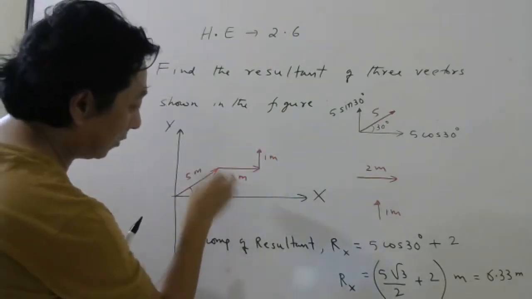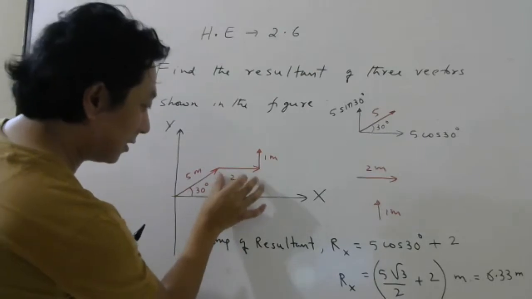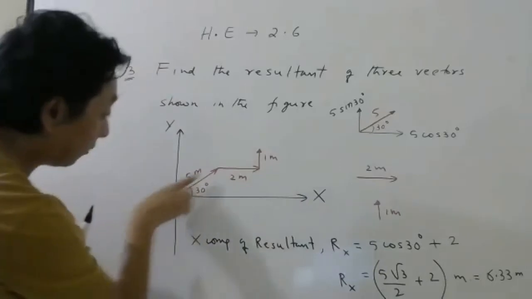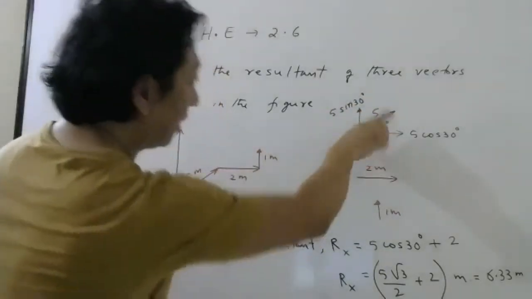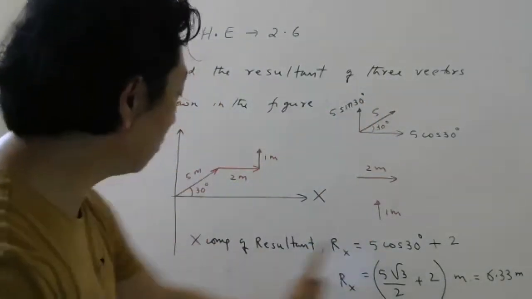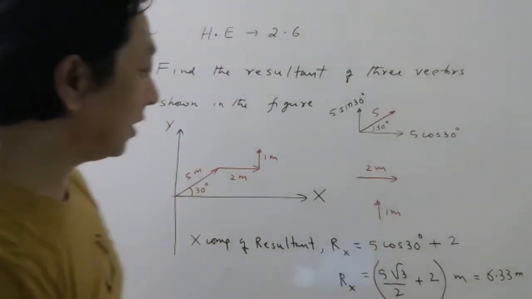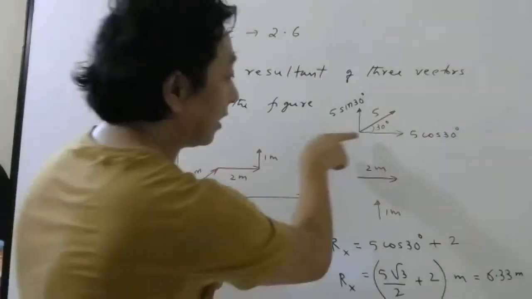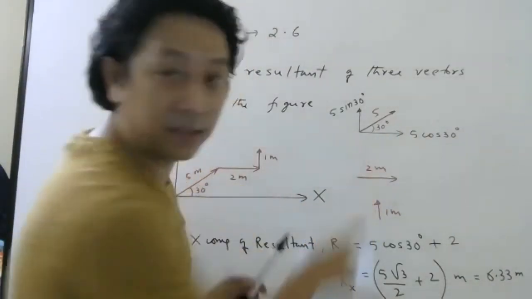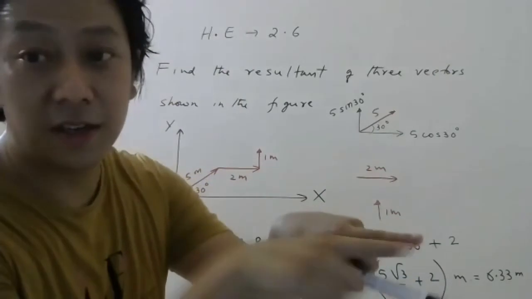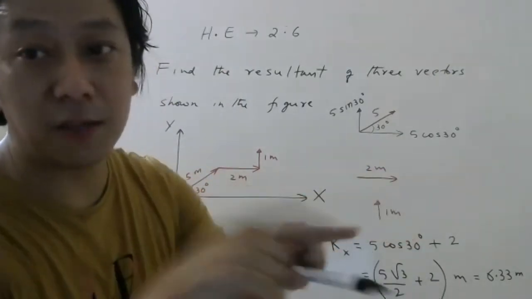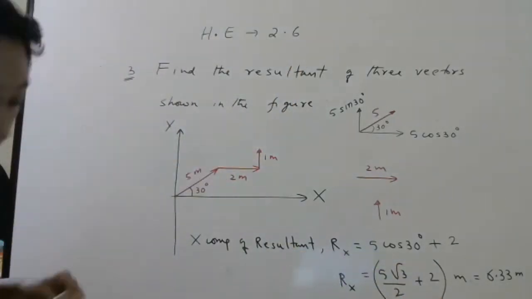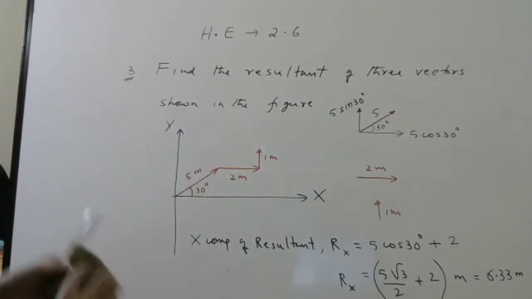Here, this itself is x component. For this one, this itself is x component. For this, no x component. For this, you have to take x component, y component. First, you have to find x component of resultant by adding all the x components. Here they are in the same direction. This x component and this x component are in same direction. If 5 and 2 are in same direction, what I told, total will be 7. So just add. Now let me find y component.